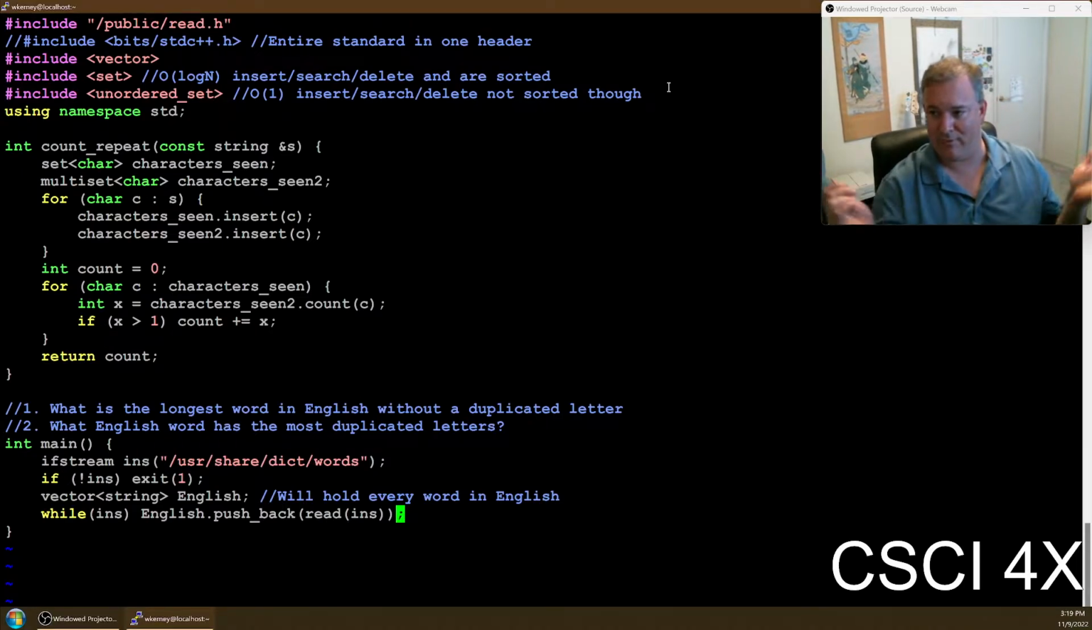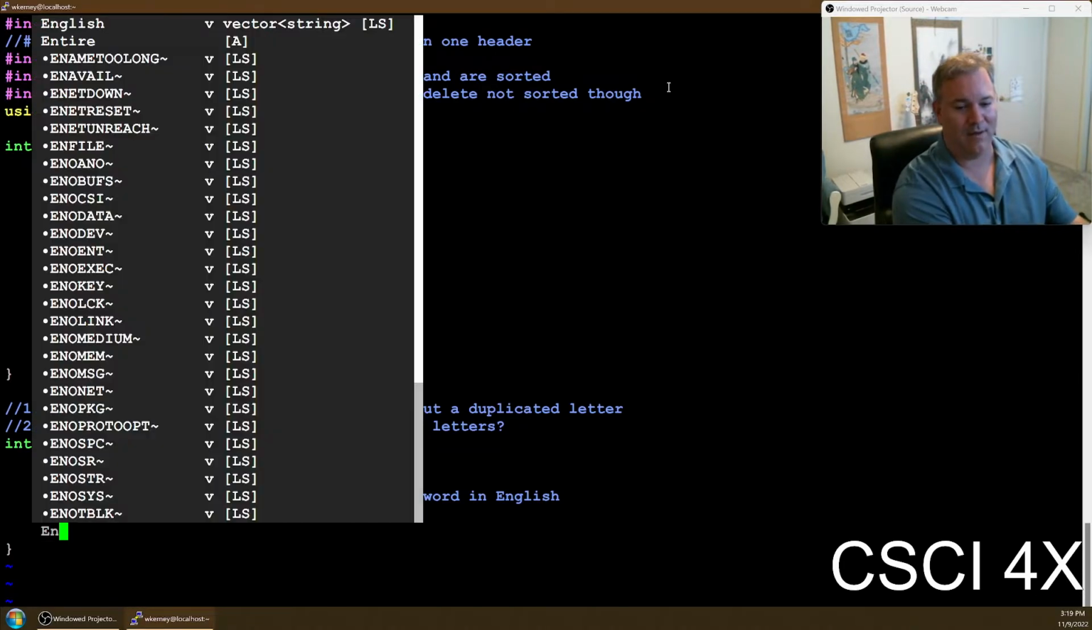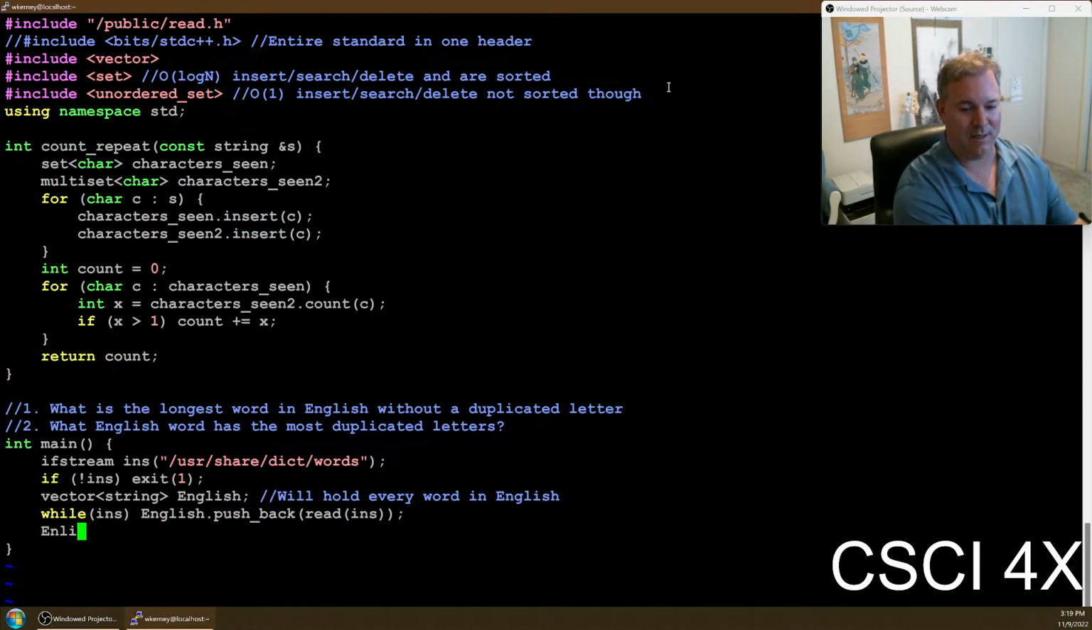So we have a vector of a whole bunch of strings, empty, and then what we're going to do is read one word from the English dictionary, push it into the vector, read the next word, push into the vector, and we'll keep doing that until an end of file is read and pushed into the vector. So we need to drop the last one. English dot pop back is kind of a hackish thing, but